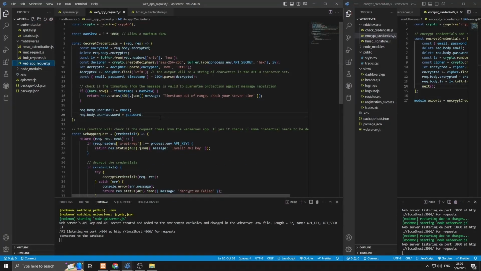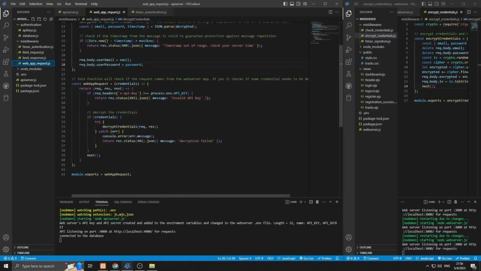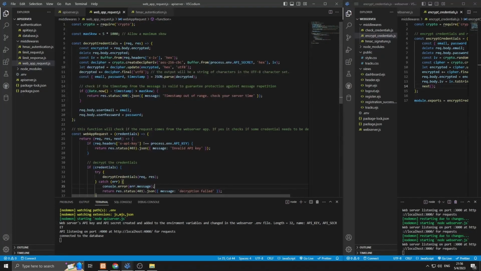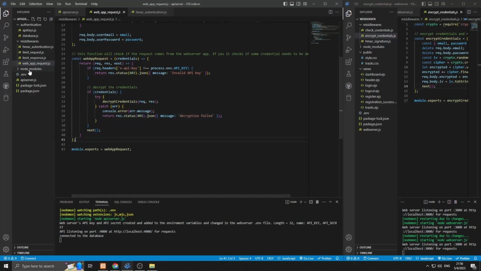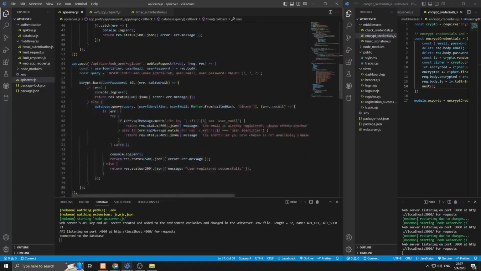because the register endpoint can be accessed only by the web server. We need to check if the API key corresponds to the same API key of the server. So in this case, if it's a valid API key, we will take the data and decrypt it, and we will add the data again in the body of the request. After the middleware, the API server will